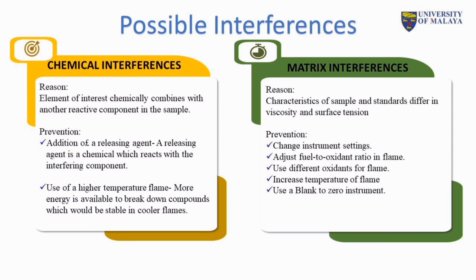Moving on to the next interference, which is the matrix interference. This interference might have occurred due to the difference in the viscosity and surface tension of the sample and standard. This interference mainly occurs when the sample matrix is so complex that the viscosity, surface tension, and the components cannot be accurately matched with the standard. This actually affects the overall uptake rate, nebulization efficiency, and the atomization processes in the flame. So matrix interference may be controlled by the use of